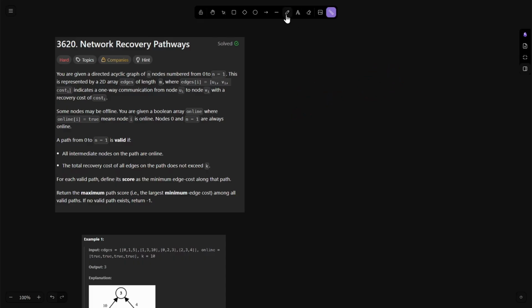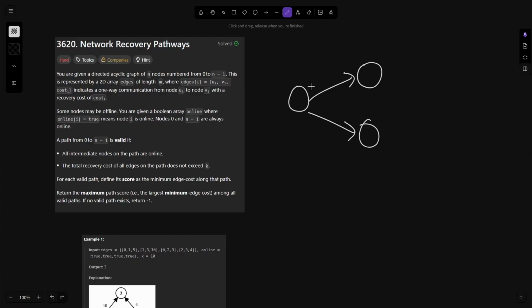So what this basically says is we are given a directed acyclic graph, represented by a 2D vector called edges, where each edge holds the first node, the second node it's connected to, ui and vi, and the cost. So if it's u and v, there is an edge from u to v, and the third one is the cost. And we are given a boolean array called online